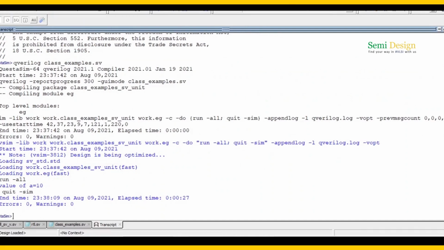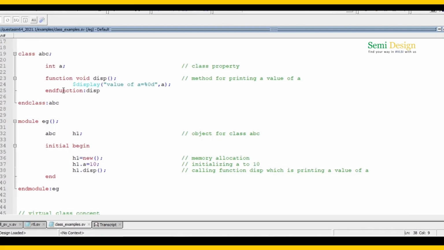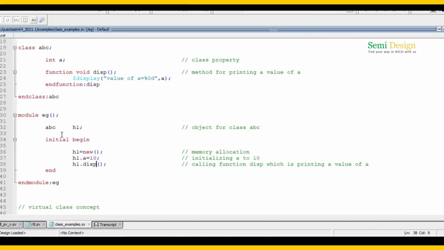So this is the simple concept of a class, which contains one property, and we are allocating memory, initializing the value to 10, and displaying that property.